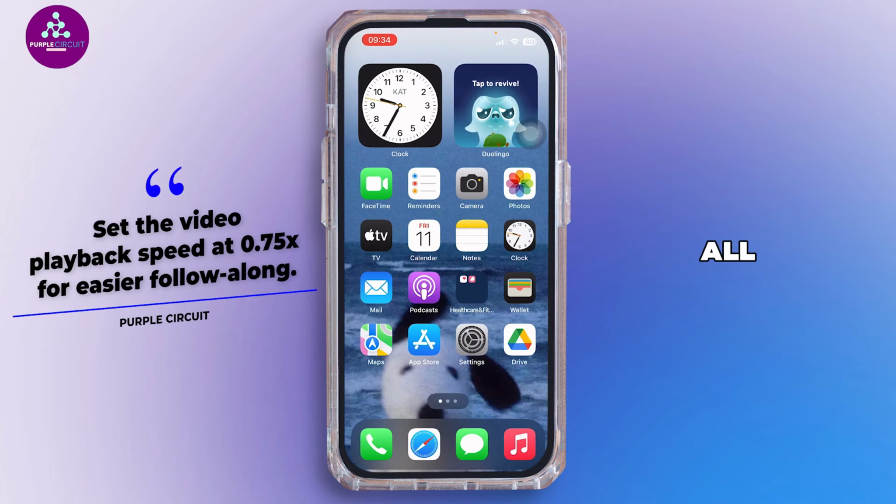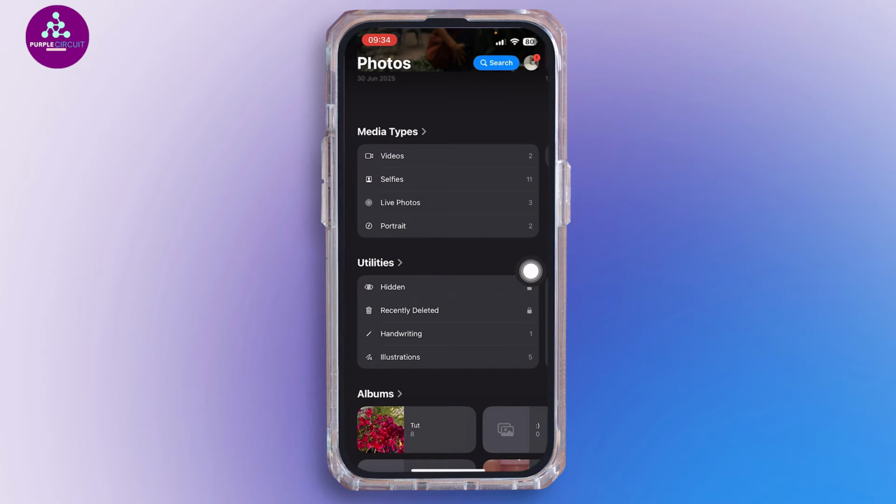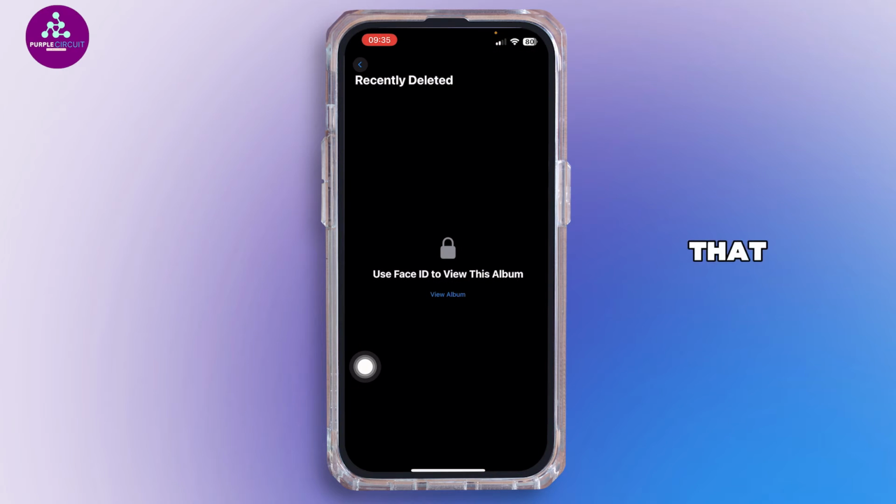So for that, first of all, you want to go ahead and simply open up your Photos application in a mobile device and then scroll down to the bottom where it says Utilities. Inside here, tap on Recently Deleted. Just like that,